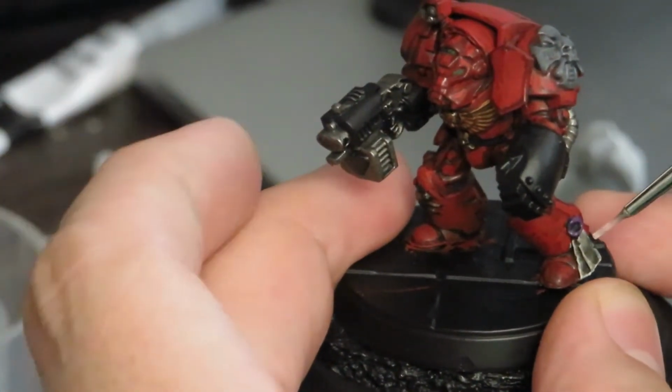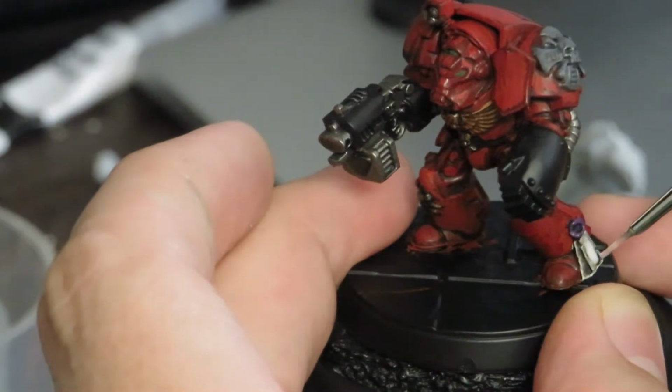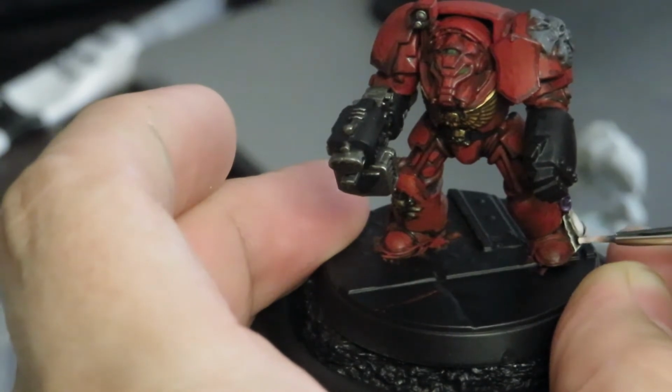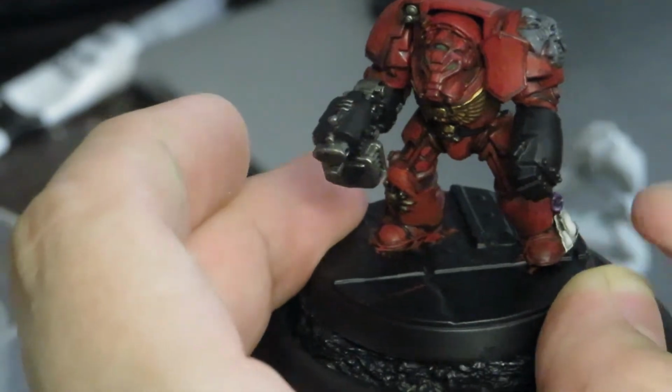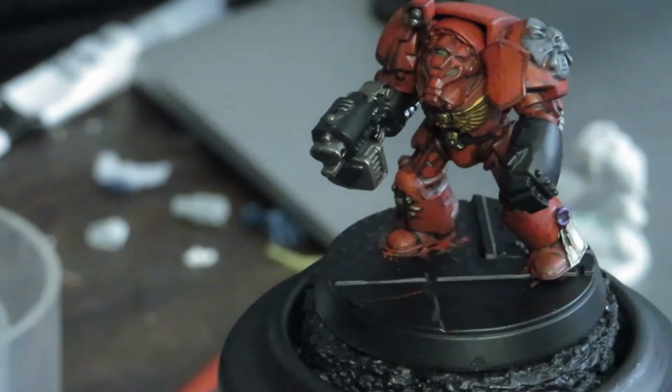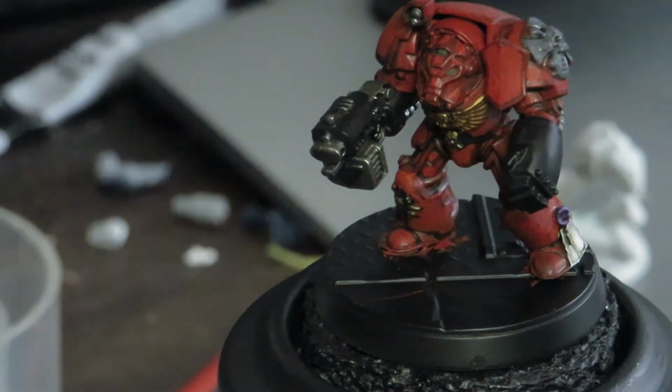Okay, so this is just very watered down, just through the center to counteract some of the darkness that's come through. I like to treat it kind of like a wash, and we'll just brighten that up just a little bit. That was with a very fine detail brush that I was doing that. So now I'm going to pick up an old